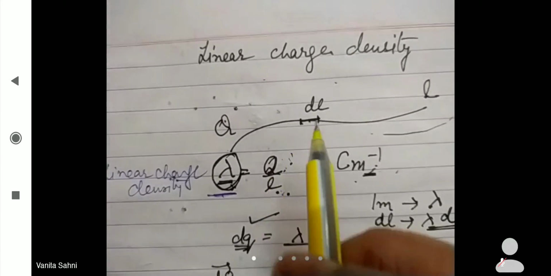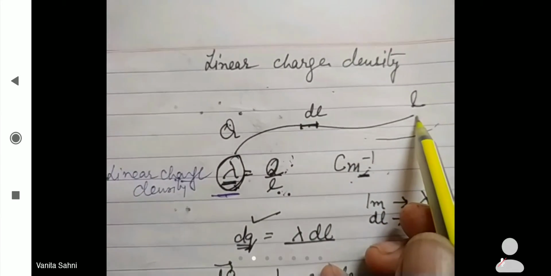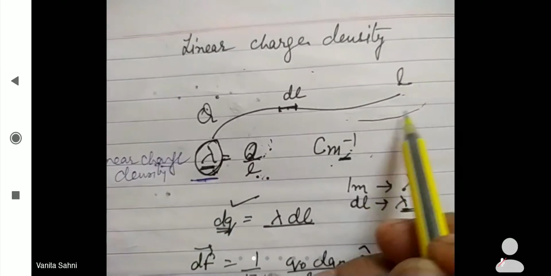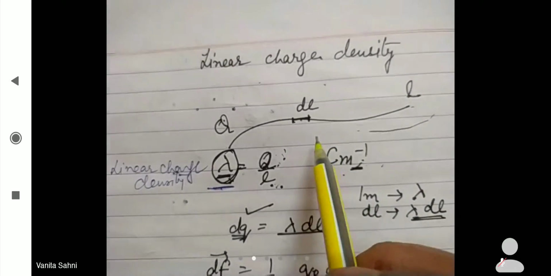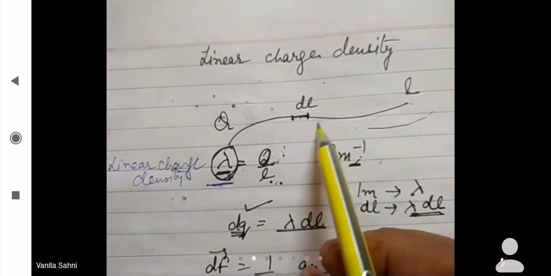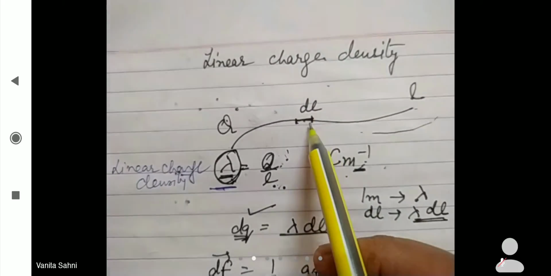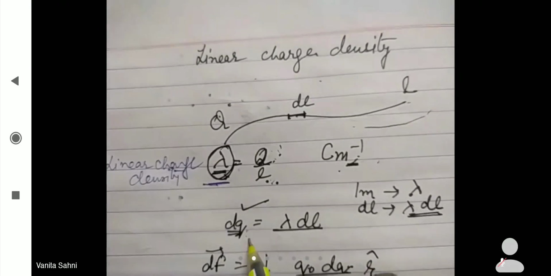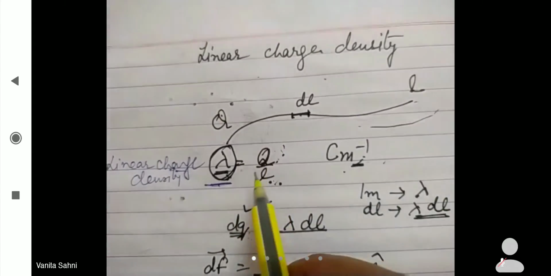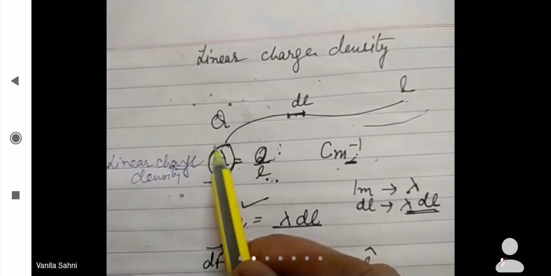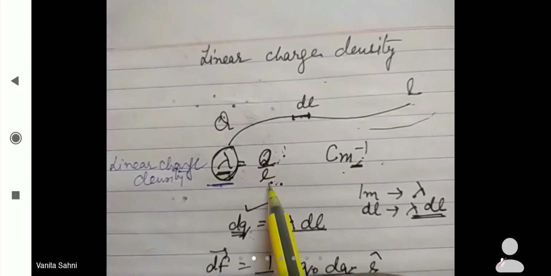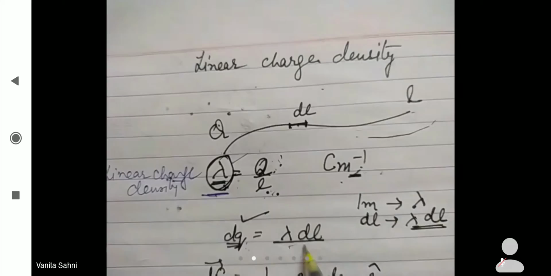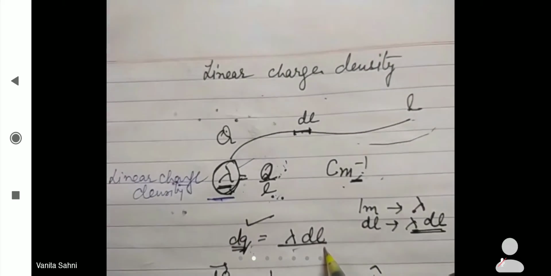Now, when I know the linear charge density of this charge distribution, which is the line charge distribution or the charge distribution over a length, then I will say that if this line is made up of very small elements dl, then the charge on one dl element will be dq. And how to find that dq charge? It will be length multiplied by linear charge density. Why? Because what is the meaning of linear charge density? Charge per unit length. If the charge of one unit length is lambda, then what will be the charge of dl length? Lambda into dl. This is simply your unitary method, right?